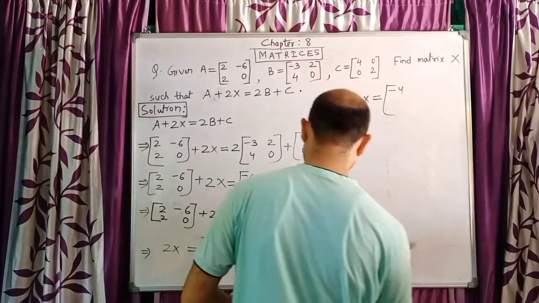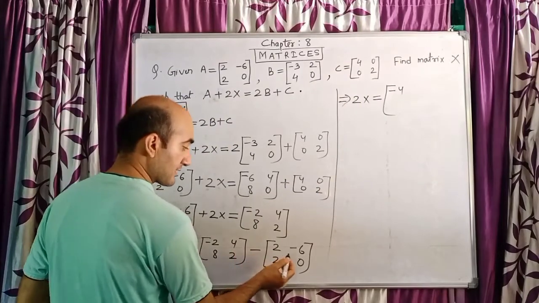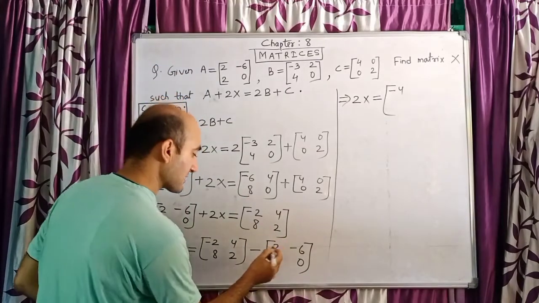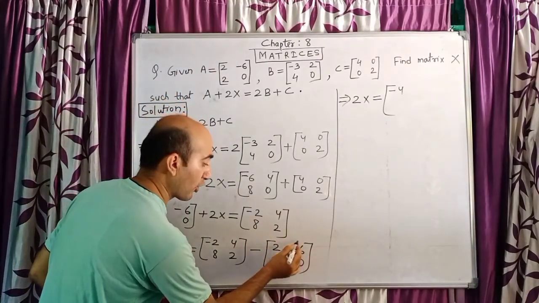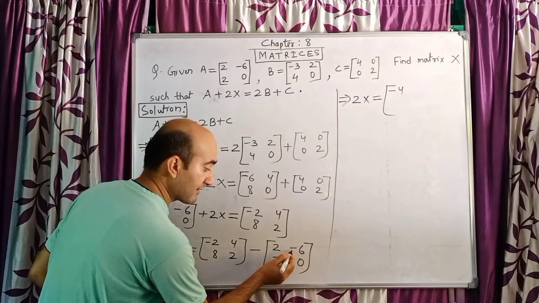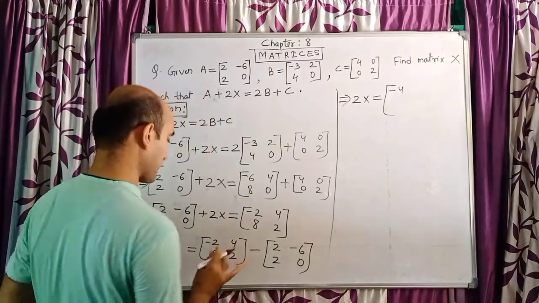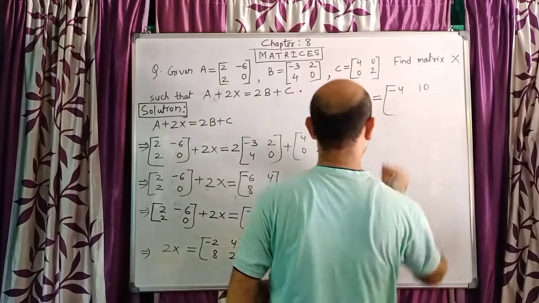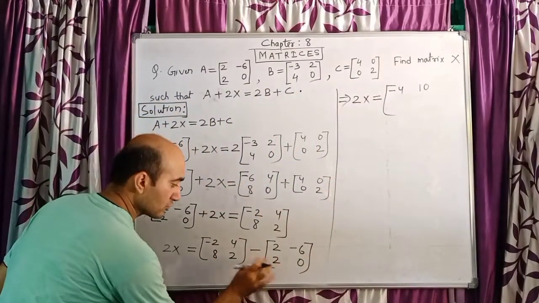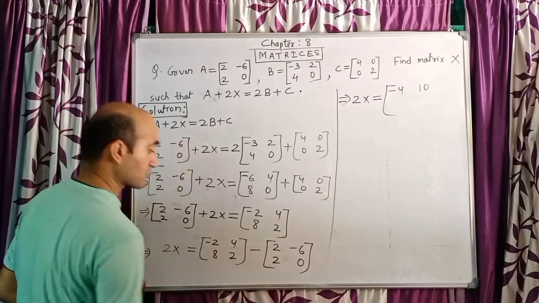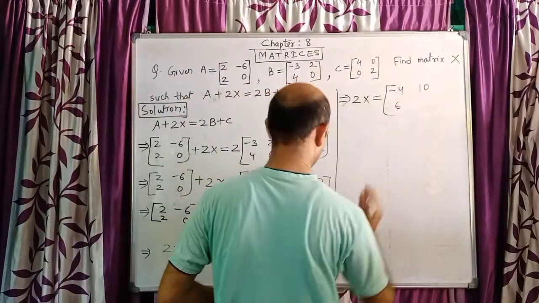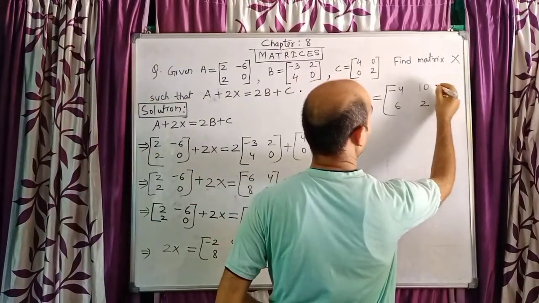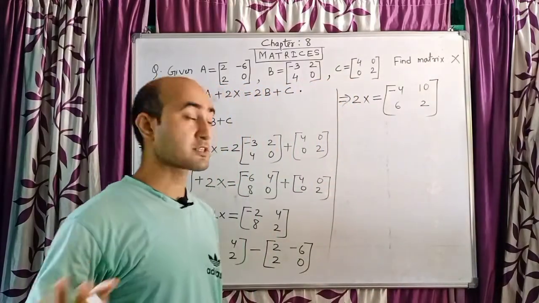So minus 4. Next, 4 minus, and this is minus and this is minus. So minus into minus becomes plus. That means this minus and this minus will multiply and the overall result will now be plus 6. So I will not say it is minus 6, now I will say it is plus 6. So 4 plus 6 is 10, very simple. Now 8 minus 2, because minus into plus is minus, 8 minus 2 is 6. Next 2 minus 0 is 2. So here our subtraction also is completed.